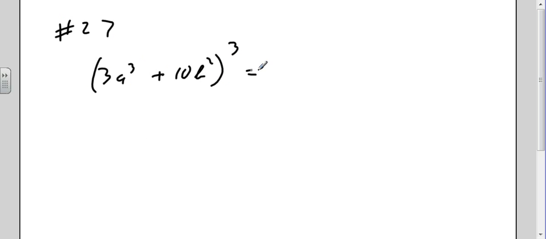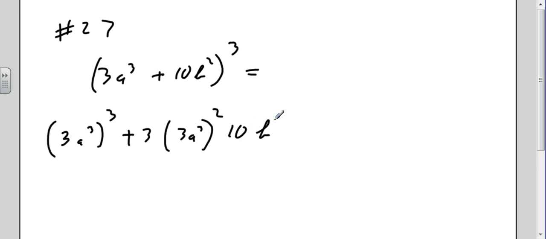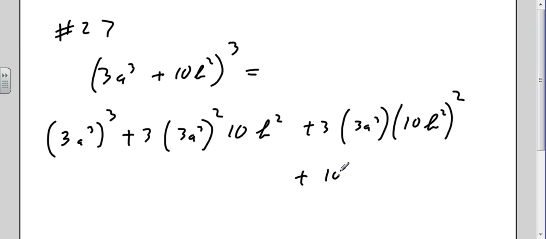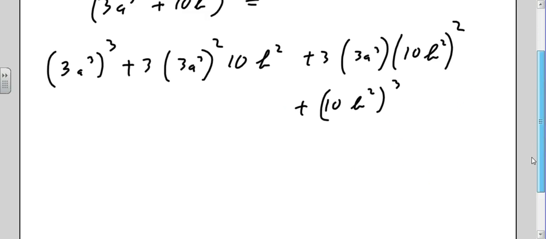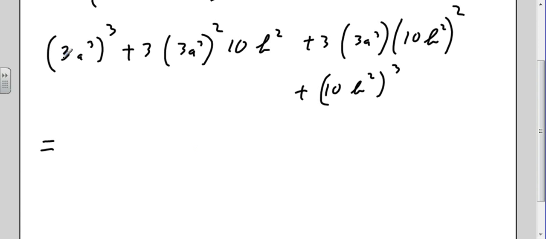Okay, so I'm going to have 3a cubed, plus 3 times 3a cubed squared times 10b squared, plus 3 times 3a cubed times 10b squared squared, plus 10b squared cubed. And then I'm going to rewrite that. And let's see, 3 cubed is 27. So I've got 27a to the ninth